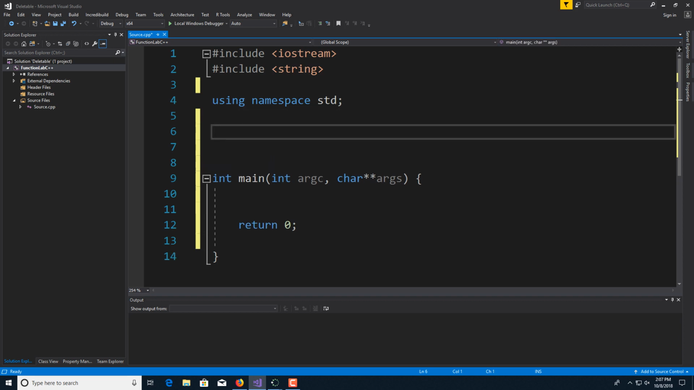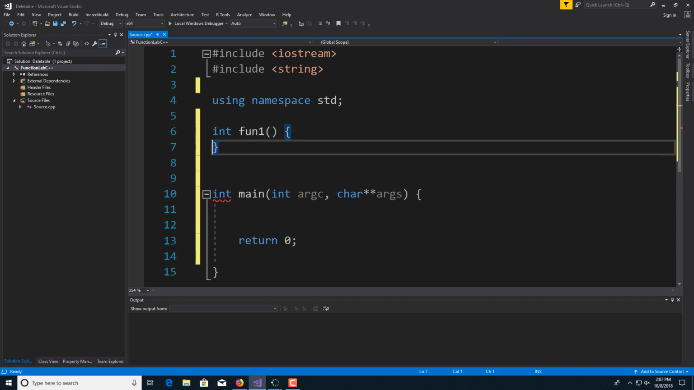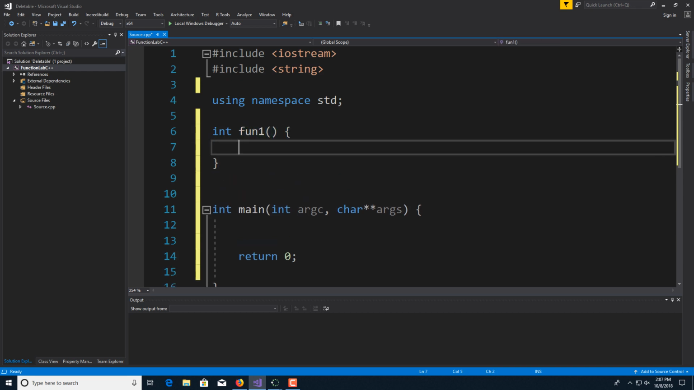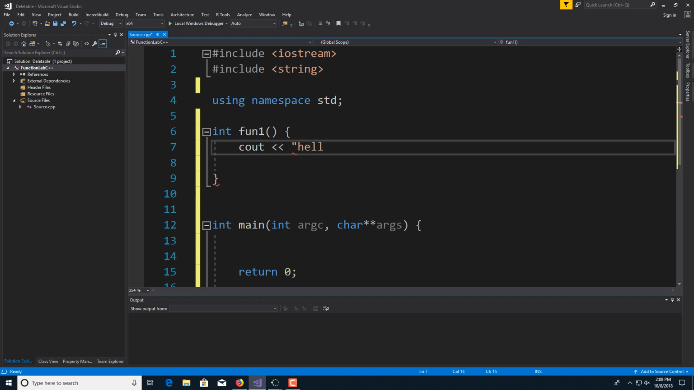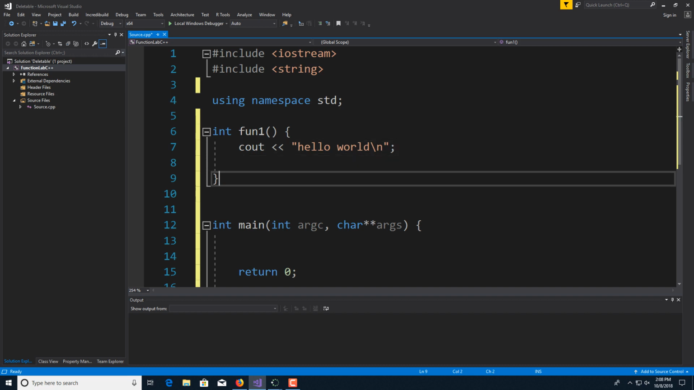We'll do something really simple here. We'll say int, we'll just call it fun1. And function 1 can do something. We'll have it do a simple cout hello world. Hello world. And